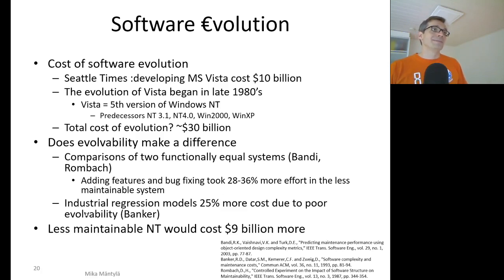In another paper, industrial regression models estimate that 25% more cost can be attributed to poor software evolvability and modifiability. So, a less maintainable Windows NT platform would cost 9 billion more to the company. So, taking care of software evolvability has important economical